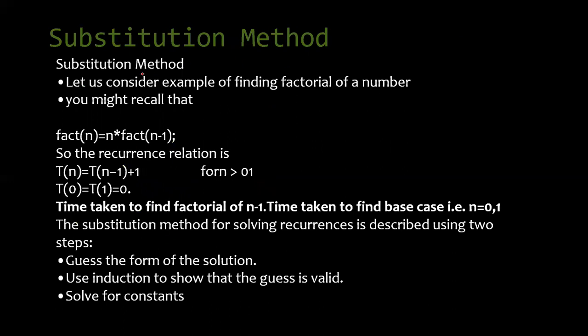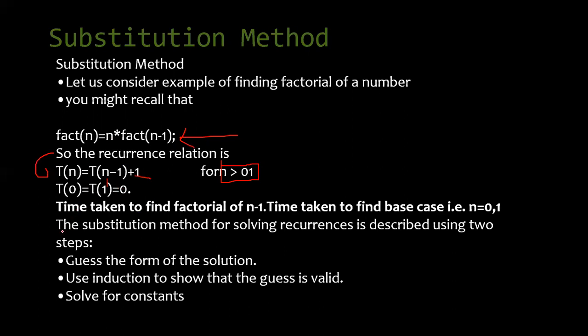Let us consider an example of factorial, and this is our main logic for factorial. We have a number whose factorial we want, then we just have to calculate the previous factorial and multiply it with that number. In this way, as we calculate the time complexity, we get T(n) = T(n-1) + 1. This is for n greater than 1. Now, for n equal to 0 or n equal to 1, we get constant time complexity.